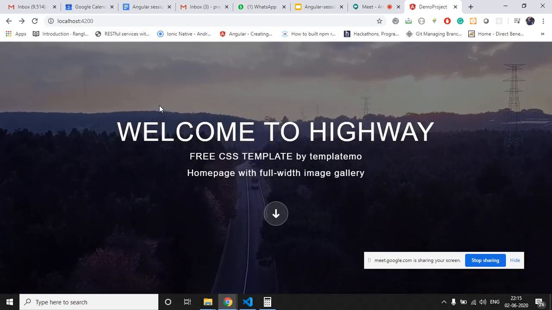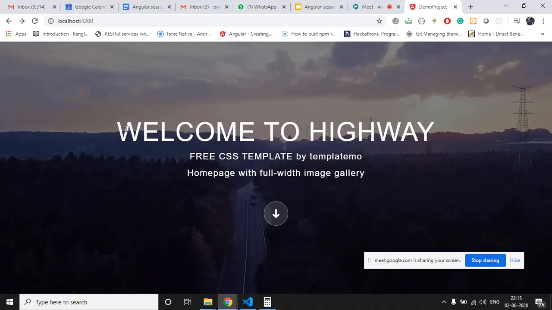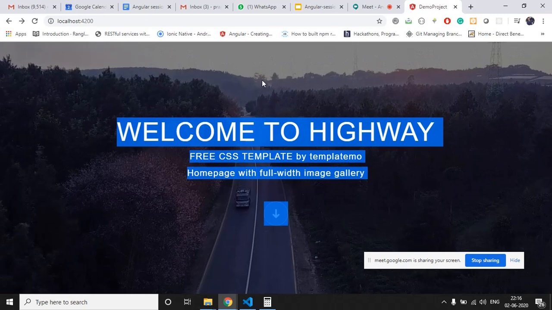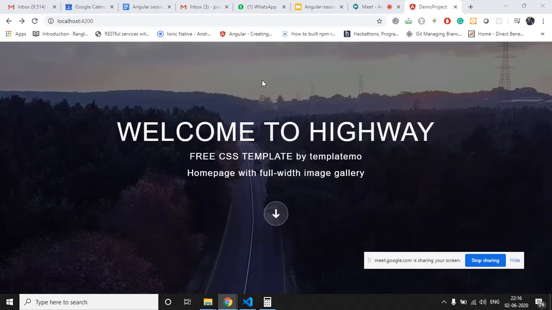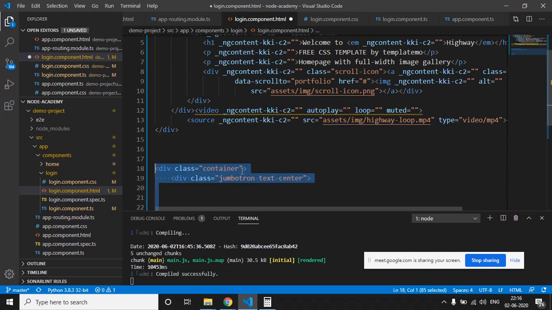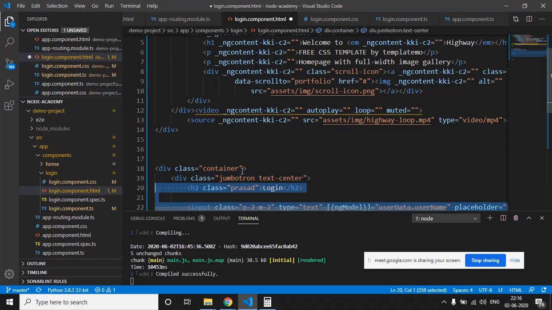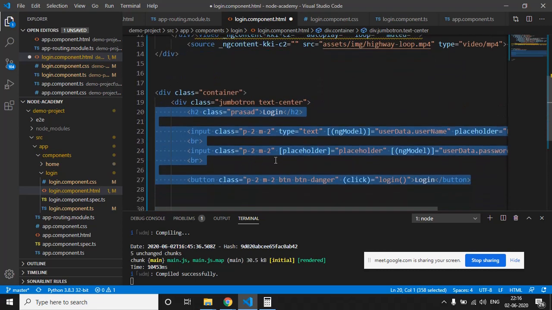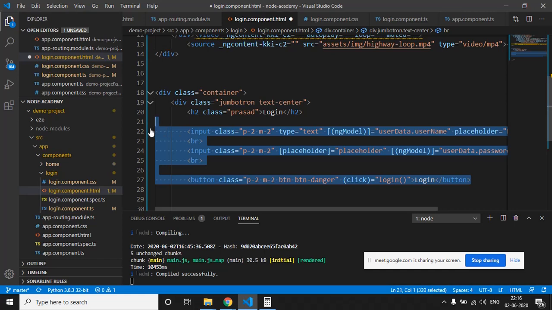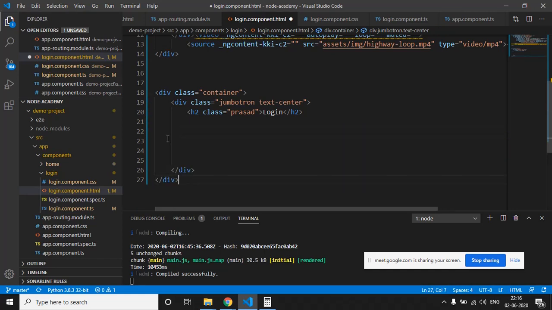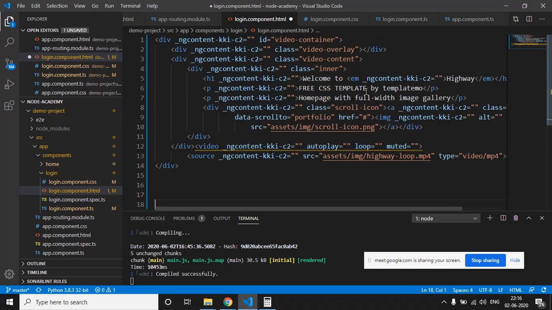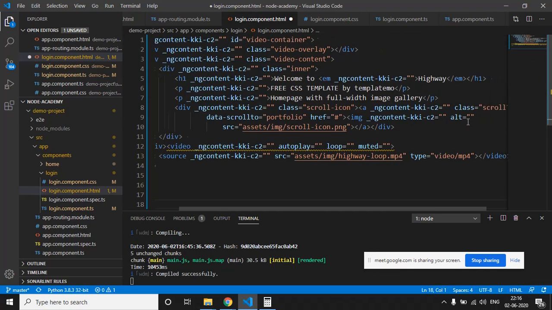So what we have to do is put the username, password, and login thing that we had here previously. We just have to go to the code and put this login button and the input fields in place of this text, this welcome, and this page.